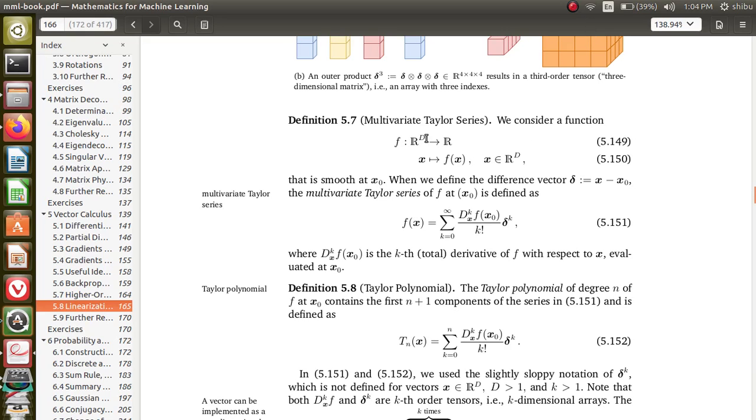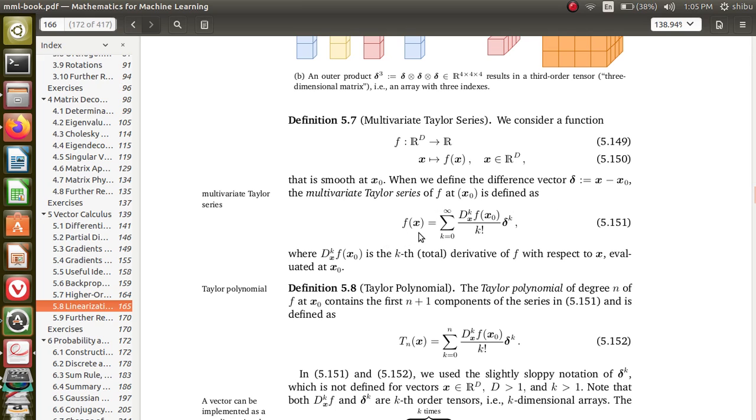Now we are going to discuss the multivariate Taylor series, for a function from R raised to d to R. That means d dimensions to R, where the expansion is centered at x0. When we define the difference vector delta equal to x minus x0, the multivariate Taylor series of f at x0 is defined as